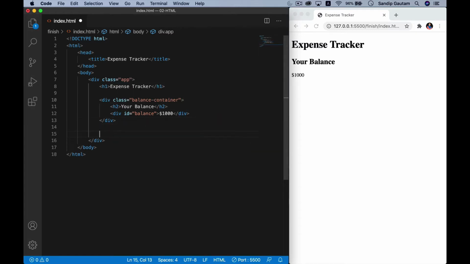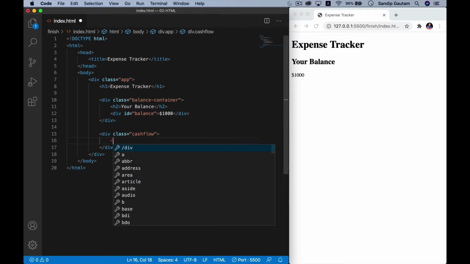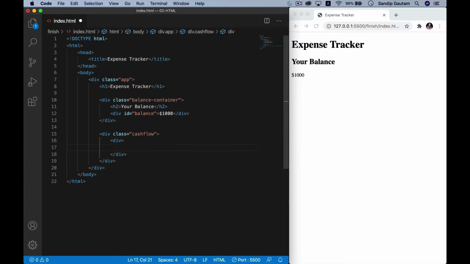Next, I want to have one more section. So I'll add another div. I'll give it a class of cash flow. Now this section is going to have two more small sections. So I'm going to add two different divs here. So let's start with the first div. This will be for the income. So I'll give it a class of income container,